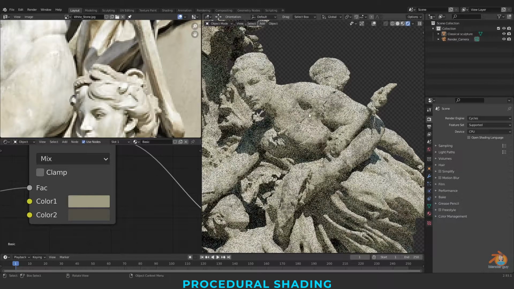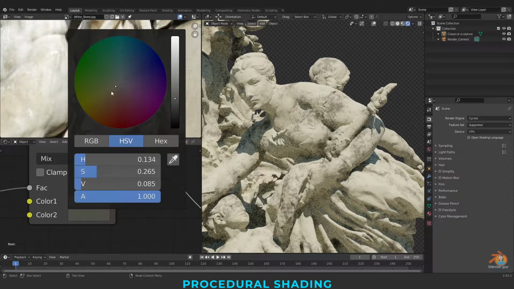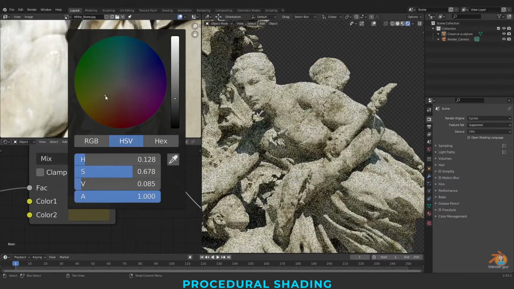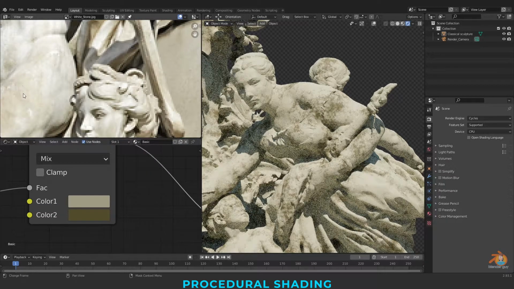And you can see that aging, and we'll take this color to yellowish, which should be similar to this.